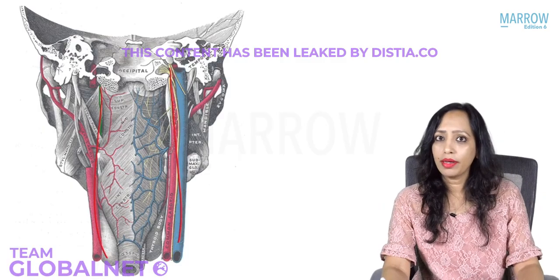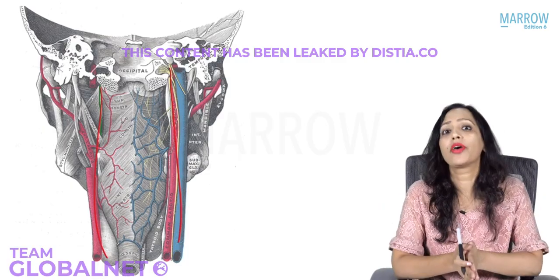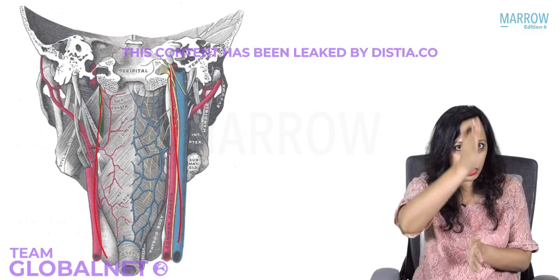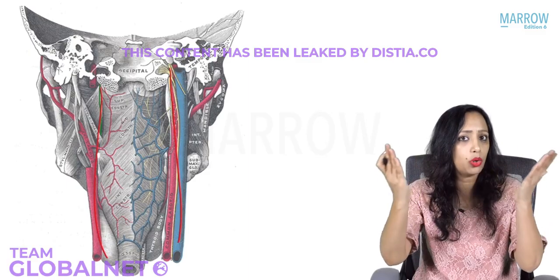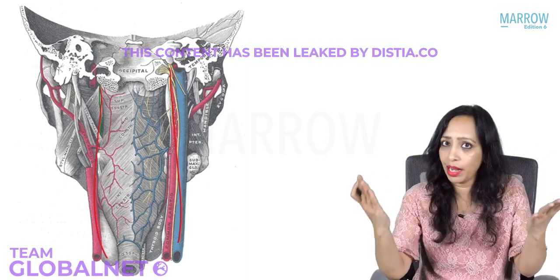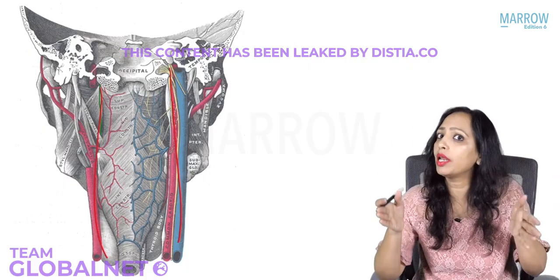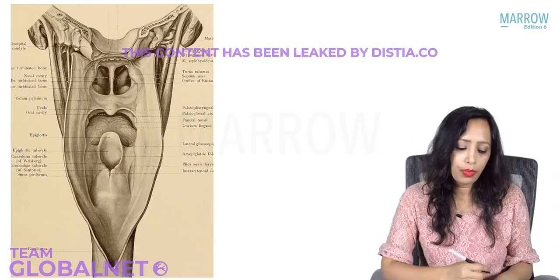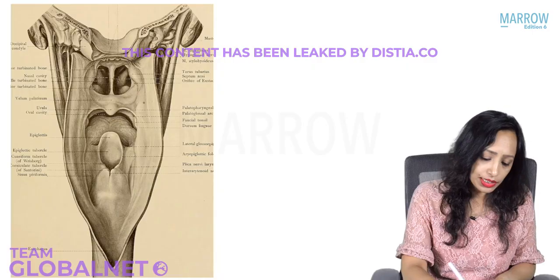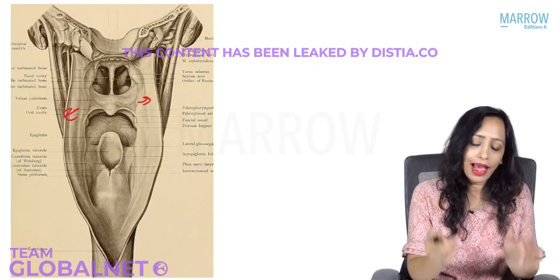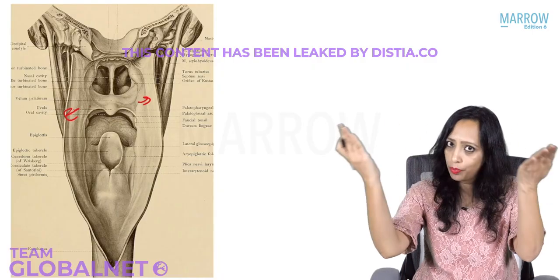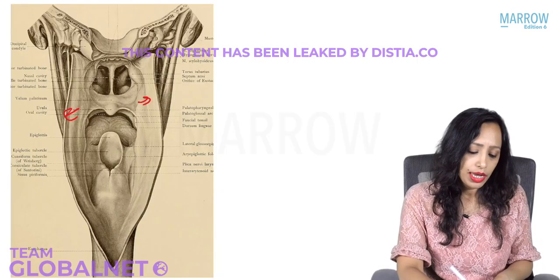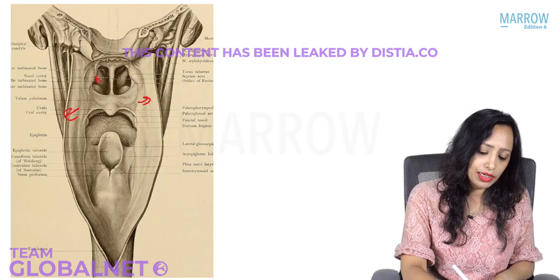So now let me do one thing. Let me cut open this pharyngeal wall. Let me give an incision in the center and cut open so that I will be able to see the longitudinal and the circular muscles. So here, when I cut open, this is the pharyngeal wall that was closed and has been cut open, and you can see this part is the nasal cavity.